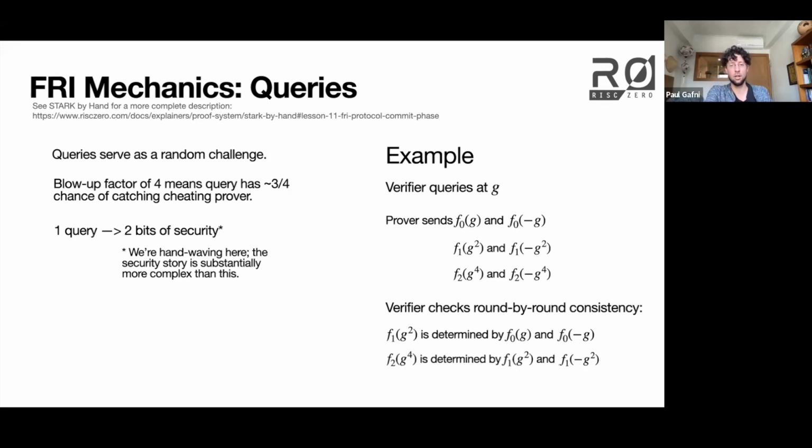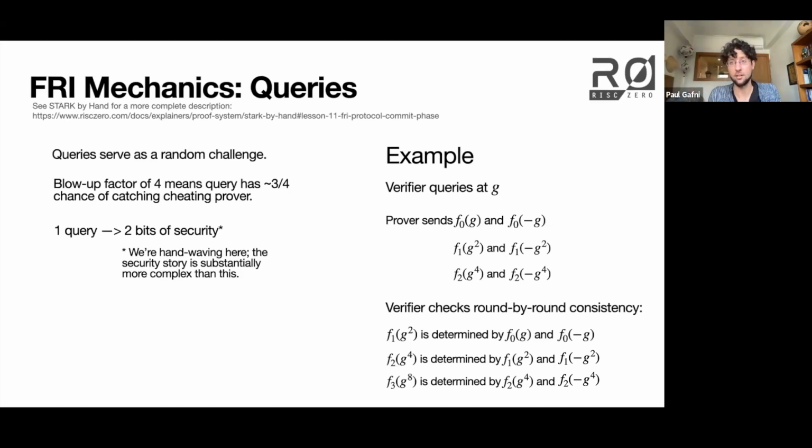So the evaluation of F1 at G squared, I said, is determined by those two evaluations, F0 of G and F0 of negative G. Similarly, the evaluation F sub 2 of G to the fourth is determined by the evaluations from the previous round. And finally, the